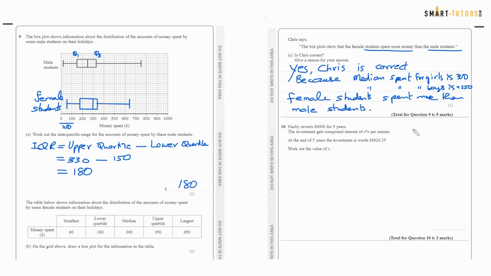So 8029.35 equals 6,000 times (1 plus x over 100) to the power n. In this case we know n is 5. So first of all, I'm going to divide by 6,000. So (1 plus x over 100) to the power 5 equals